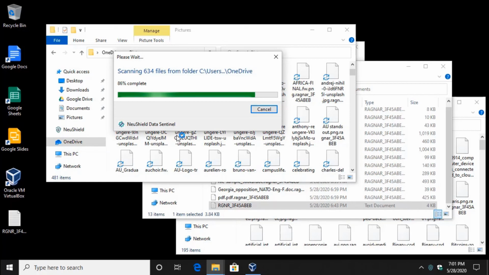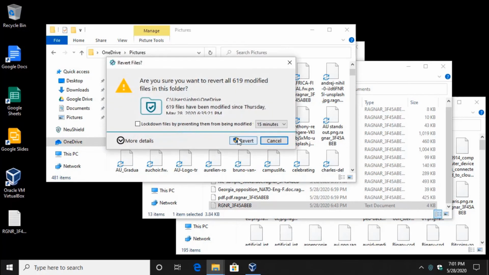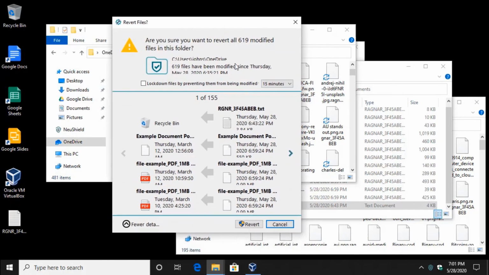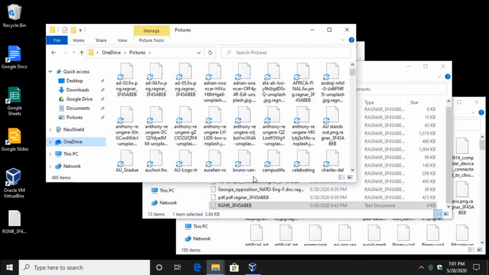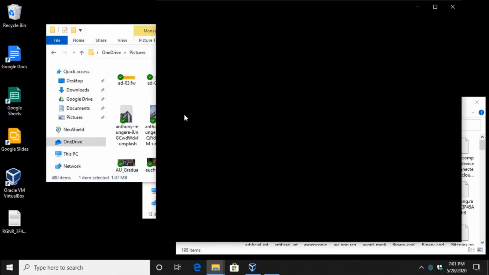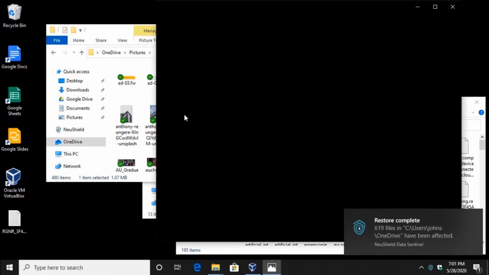It doesn't really matter how many files or how big the files are. We can revert them all in seconds because we're not actually copying data like a backup would do. The initial files are still there. All we have to do is re-expose them to the operating system so that you can use them again. So there's no copying of data, we're just re-exposing the existing files. You can see the OneDrive files have been restored and we're opening those up so you can see those files there.